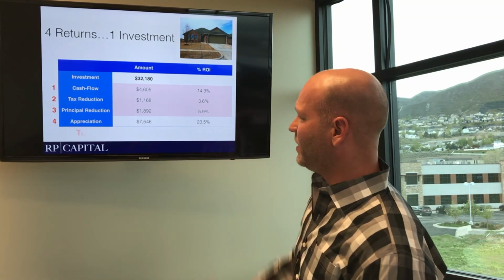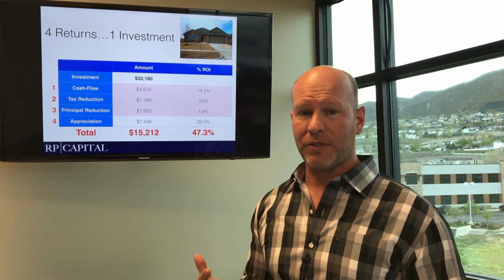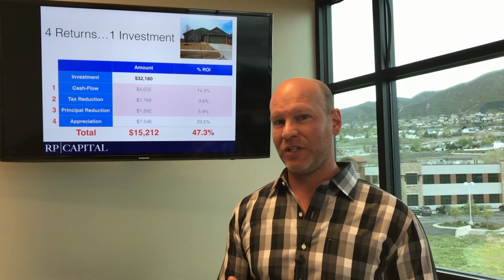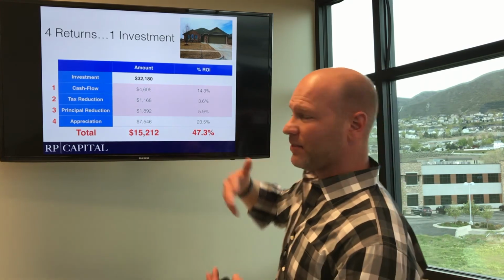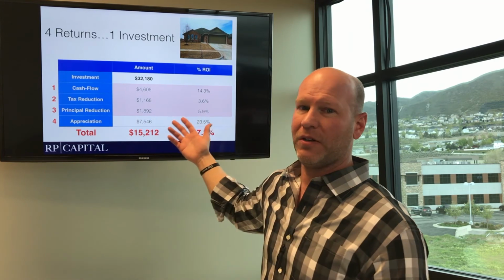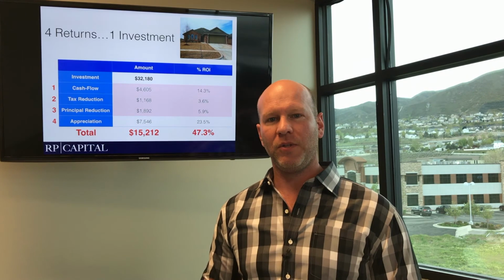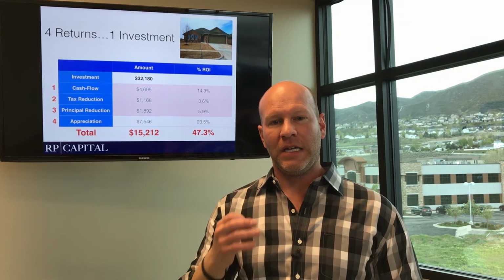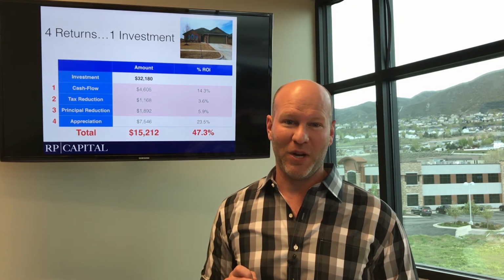But when you add all of these up, the numbers start to become staggering. They actually start to become not believable. The only way for you to actually understand and believe them is to experience it. Math doesn't lie. If you get $4,600 a year, that's a 14% return. It just is what it is. But most people, when they look at properties, only look at the one, when they should be looking at all four. Internal rate of return on real estate is ridiculous when you actually figure in all of the different ways that you make money.